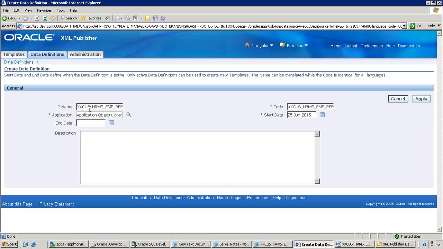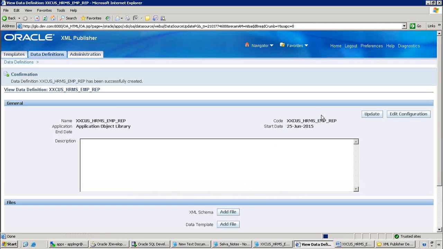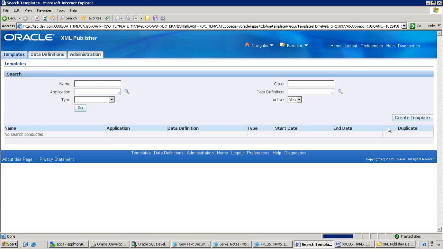I'll just mention the application name and the data definition name as well as the data definition short code. So it's a normal process, right? You have a code as well as a name. Click on Apply, and once the data definition is ready, you just need to go to Template. Go to Template here and click on